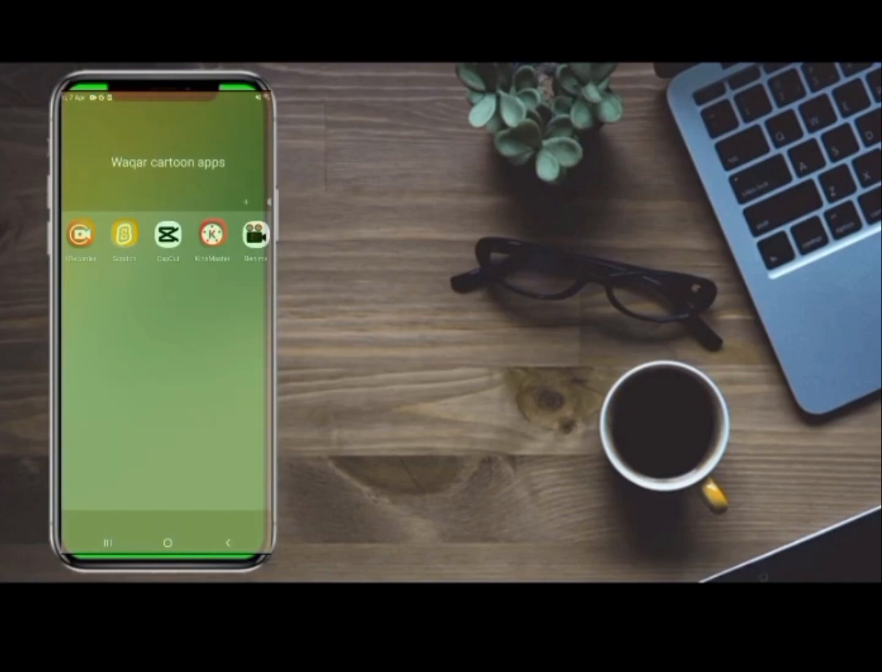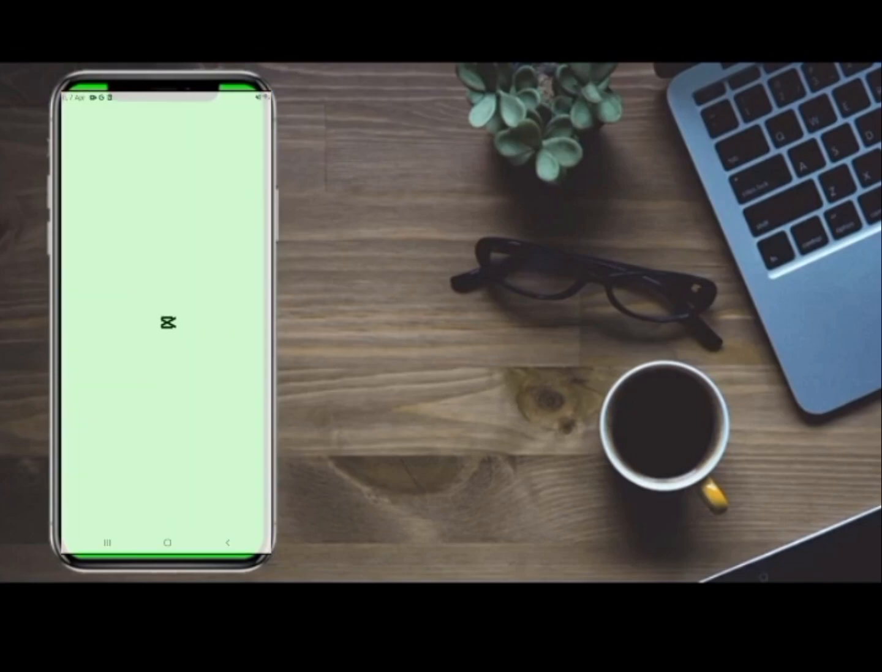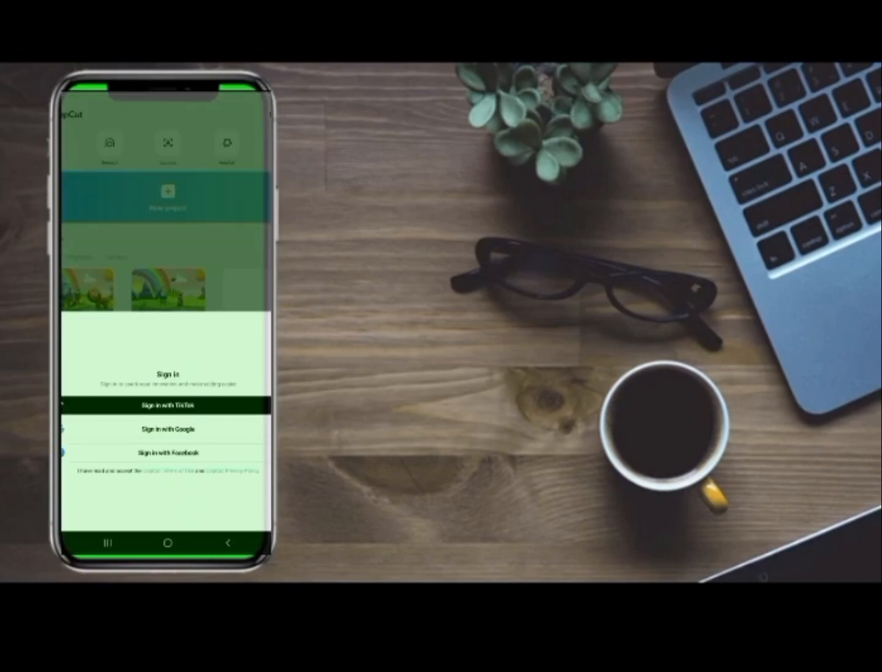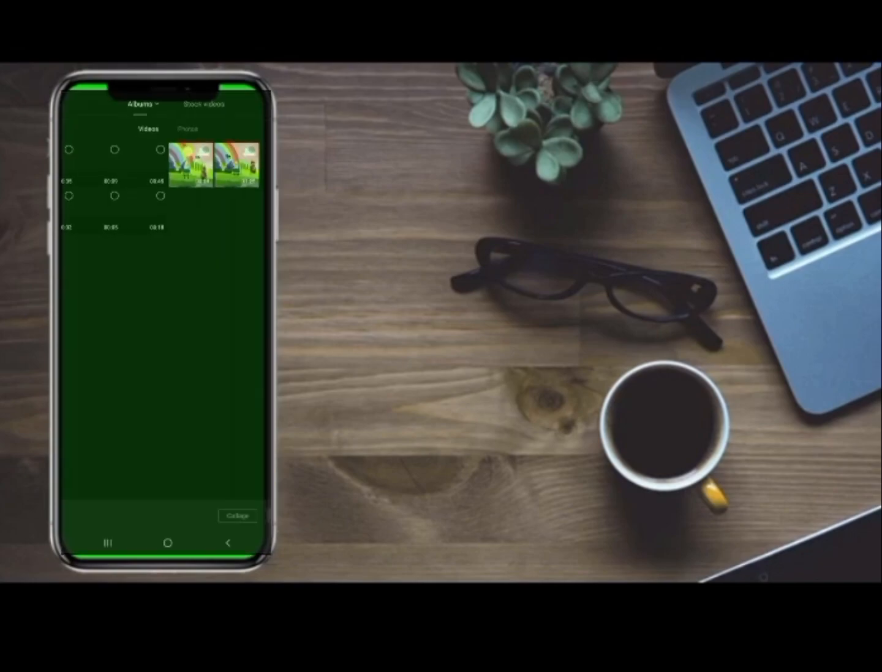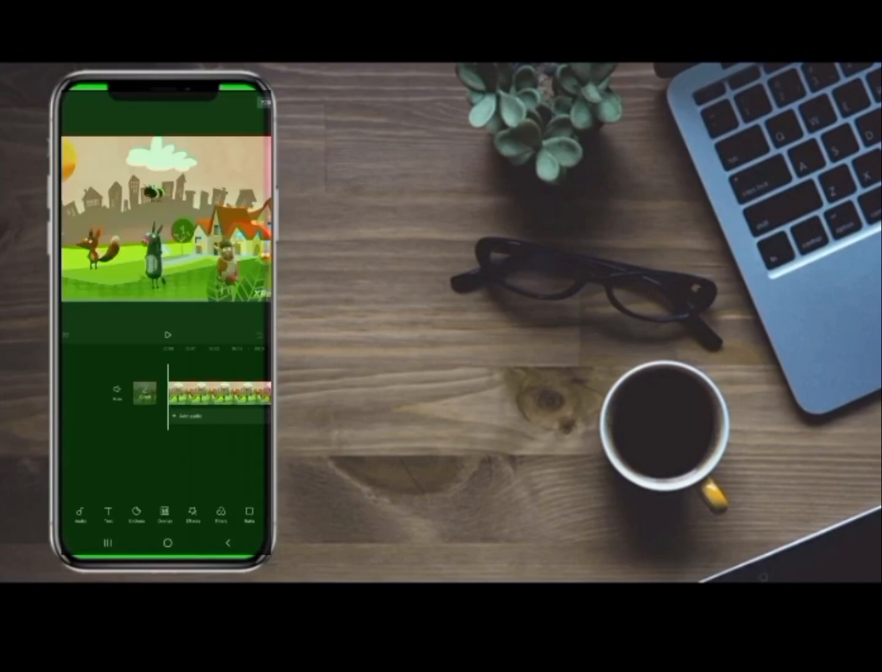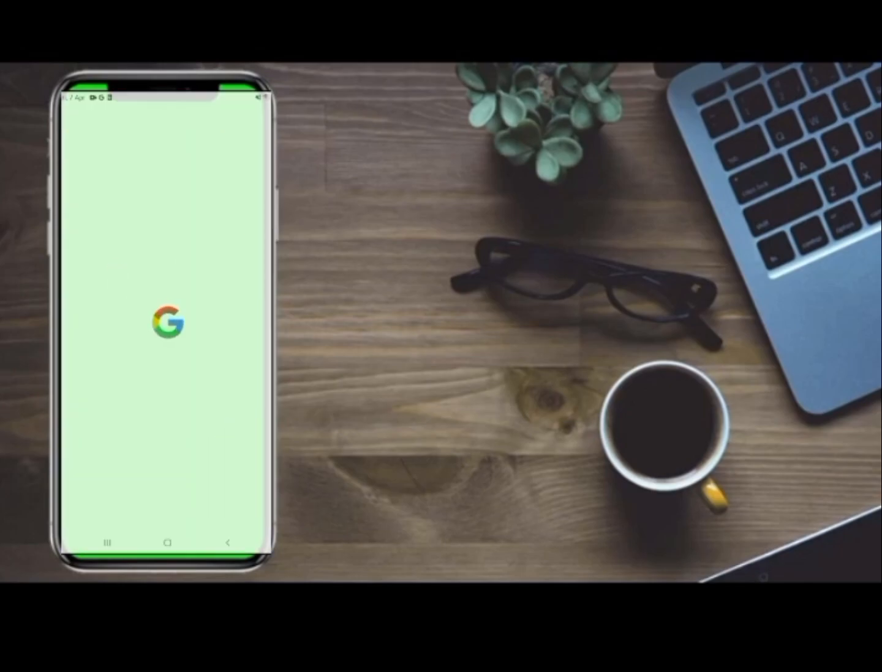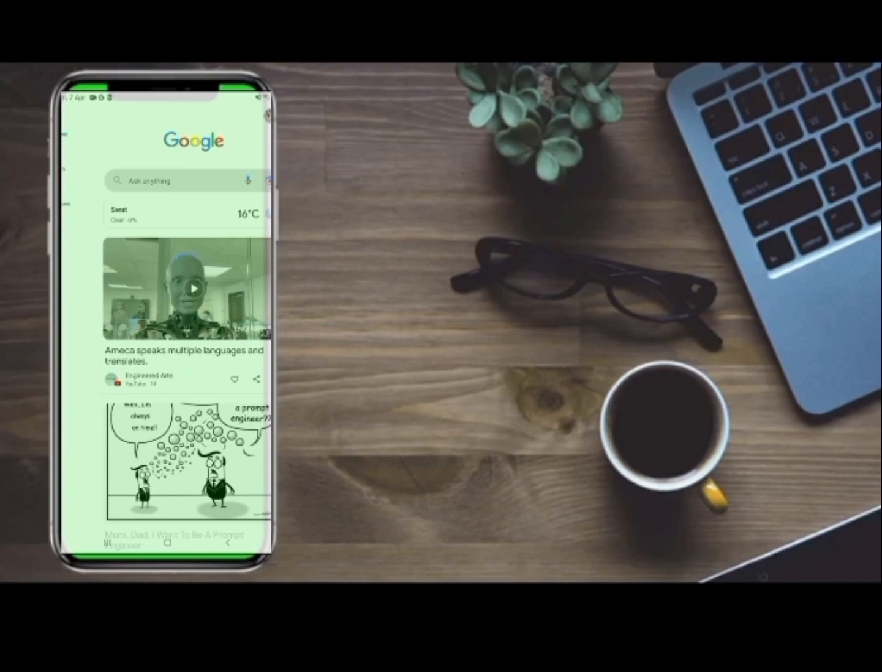Then go to the CapCut app. You should download it from the Google Play Store and select a new project, and upload the clip that we recorded with the cartoon movie maker, and then go to our Google browser and